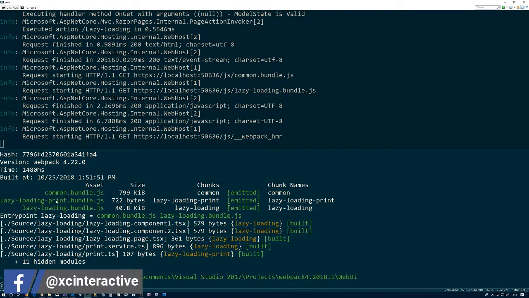Now we have our three bundles here, right? So we have our entry points. So those were just the common stuff, and we're going to generate the lazy loading